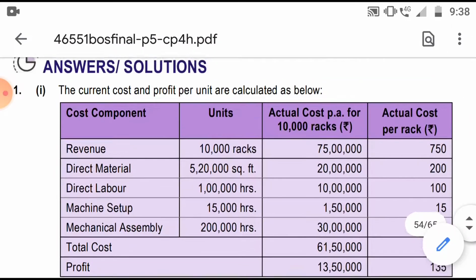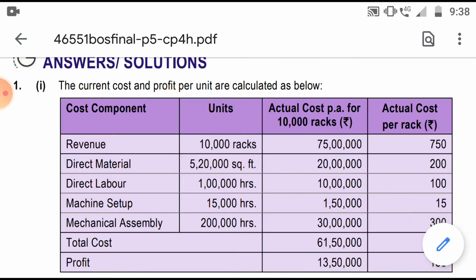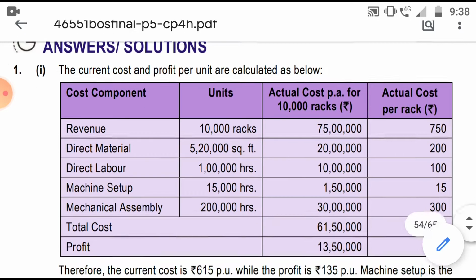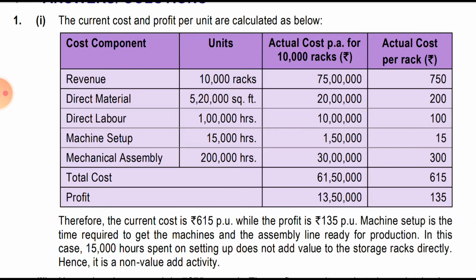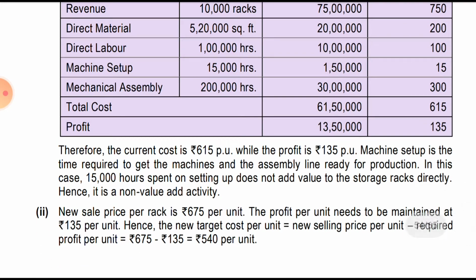So how they have done it: a solution, the current cost and the profit per unit are calculated as below. Component cost, component revenue: 10,000 units, the total revenue is 75 lakhs, so per unit is 750. Accordingly 20 lakh, 10 lakh, 1 lakh 50, 30 lakh has been deducted, so we have arrived at a profit of 13 lakh 50,000, which is 135 per unit. Therefore the current cost is 615. This cost is 200 plus 300 plus 100 plus 15, which comes to around 615,